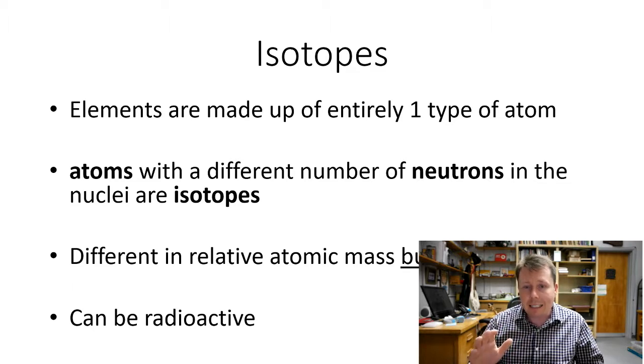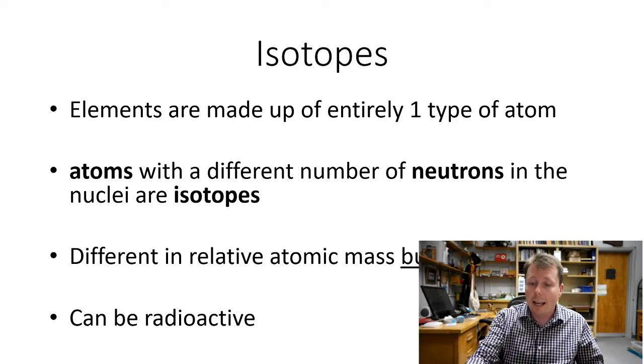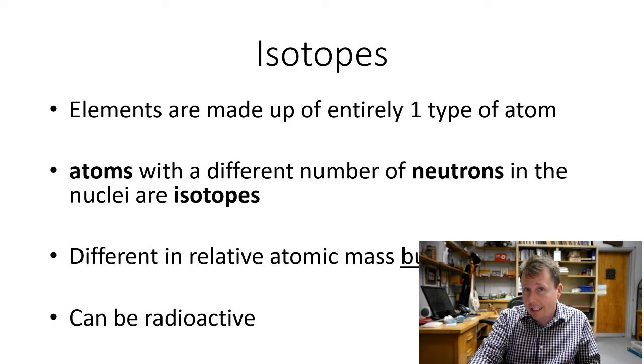But that is pretty much it. You don't change the number of protons, you don't change the number of electrons, you're just changing the number of neutrons. And almost every element on the periodic table, with the exception of I think about 8 of them, have different isotope values.